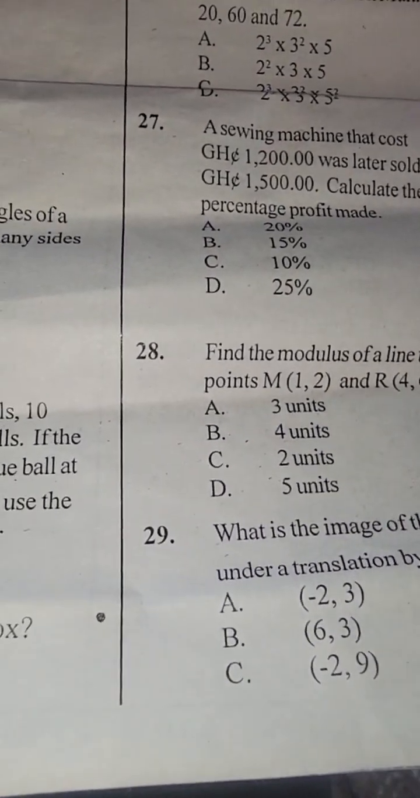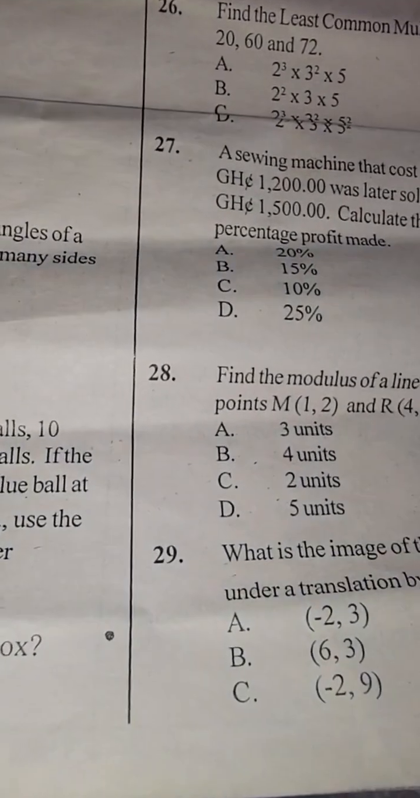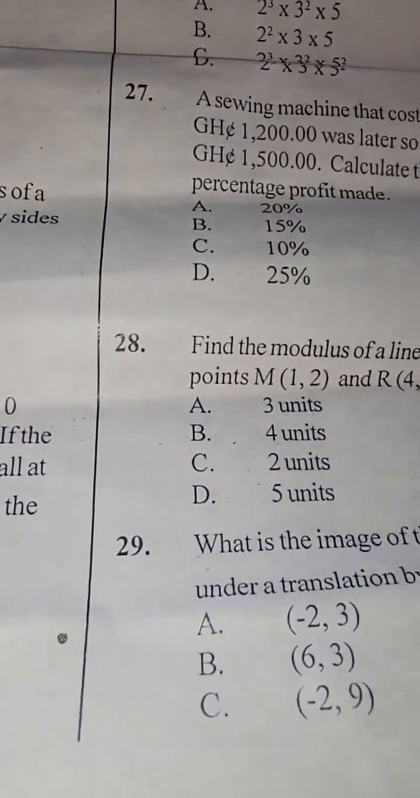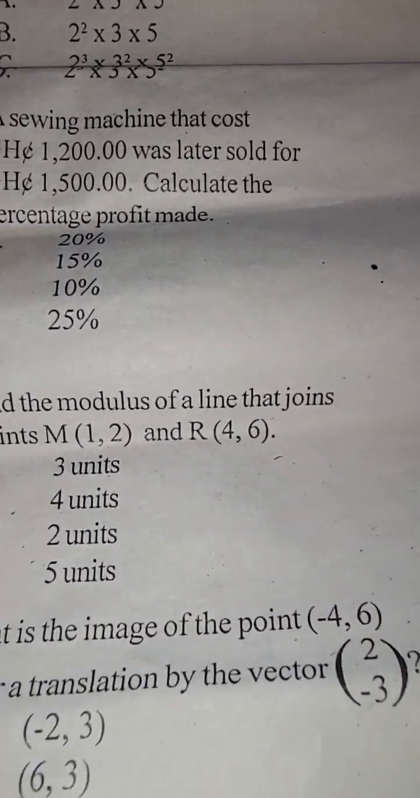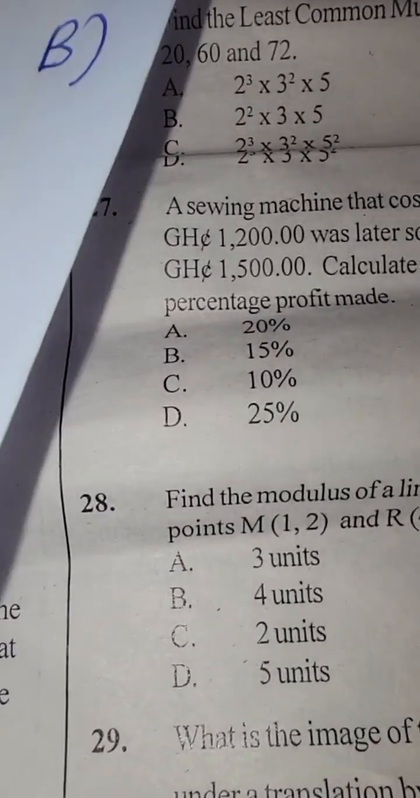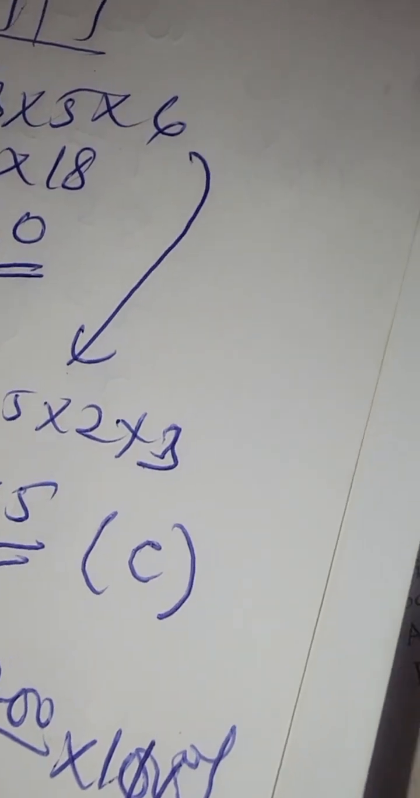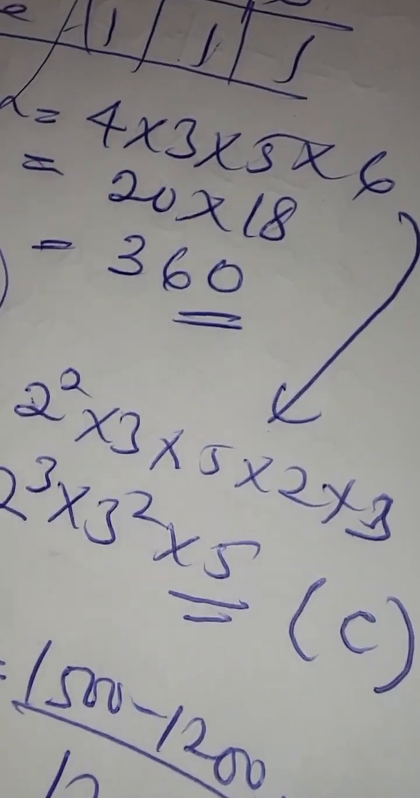Find the modulus of a line joint. Modulus means magnitude. Find the modulus of a line joint. So how do we find the magnitude of a line? The magnitude of a line